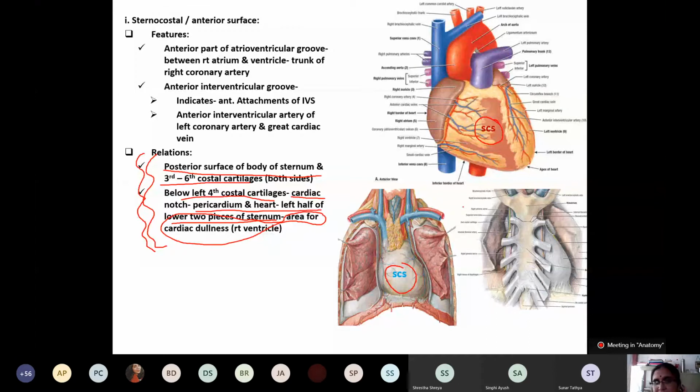Now another very important thing we ask in the sternocostal surface is here in this groove, the anterior interventricular groove. We will ask, identify the pinned part of the viscera, the anterior interventricular groove, and mention the content or the structures lying in it. What are the two structures? You can see one vein. What is the vein? Great cardiac vein. And what is the other, the artery? Anterior interventricular artery. This is how you need to write it down in the spotter exam.